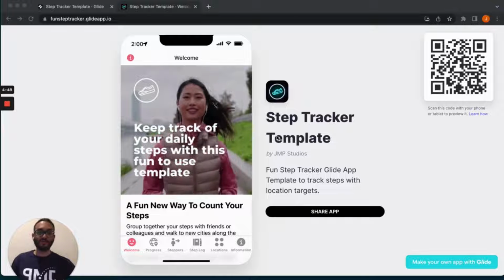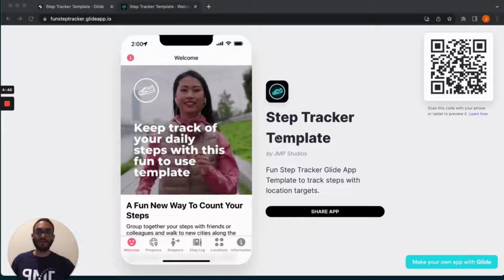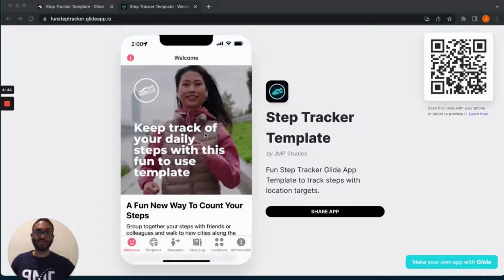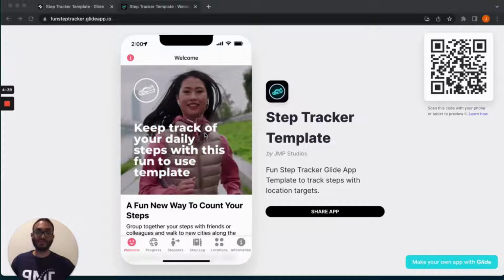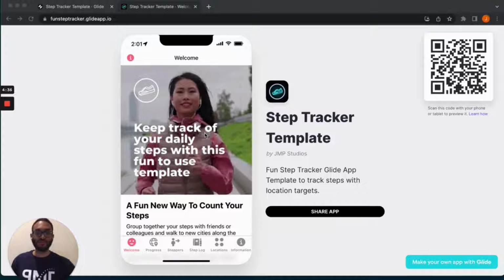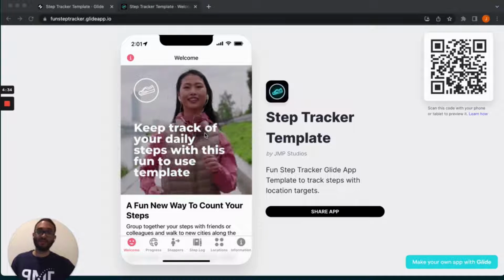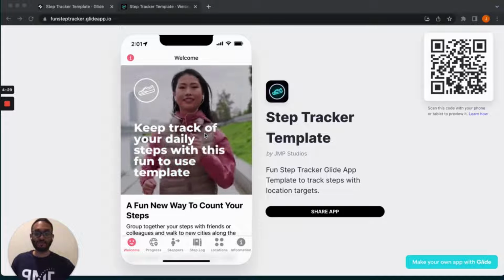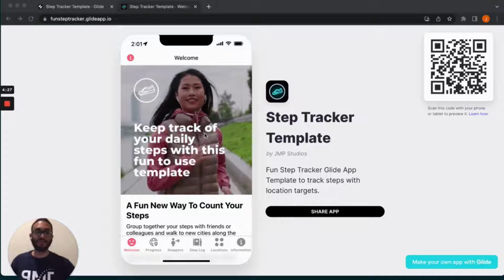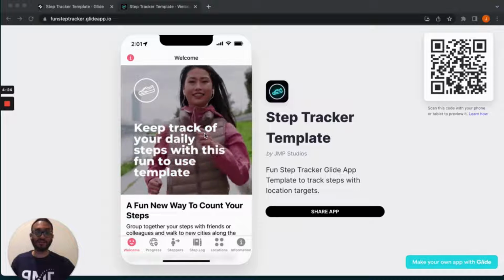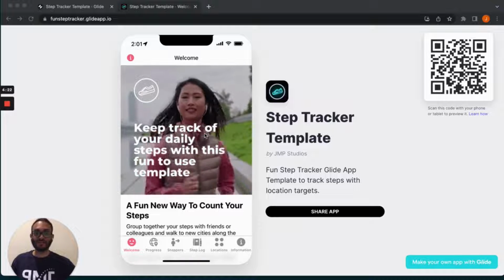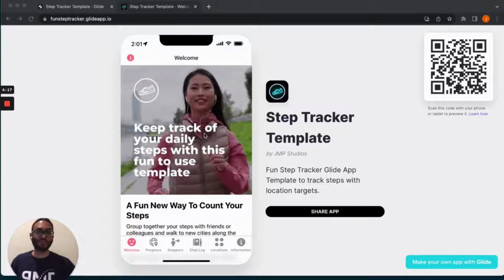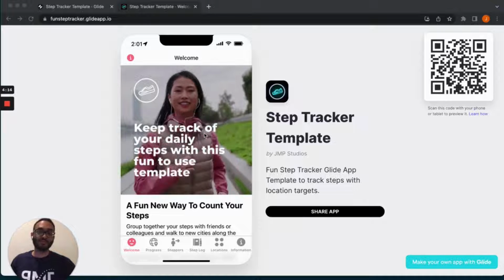This is a fun way for you and your friends or your colleagues to keep track of your daily steps, where you are not just stepping in isolation, but you are virtually stepping through a course of different cities so that you can understand the real impact of the steps that you're taking yourself and as well as a group. This is inspired by a fun virtual course that I've done in the past, comparing to different cities. I can definitely say that it kept me motivated to step further and to virtually cross more cities and discover